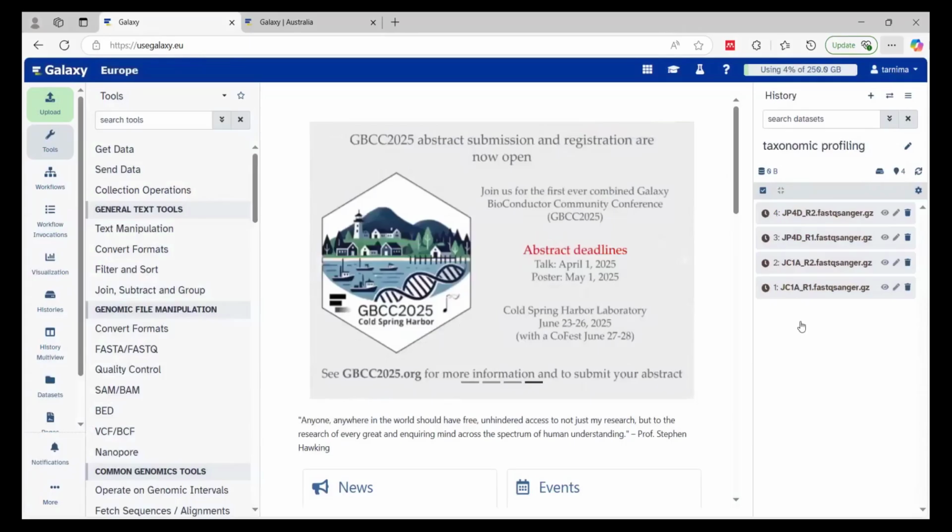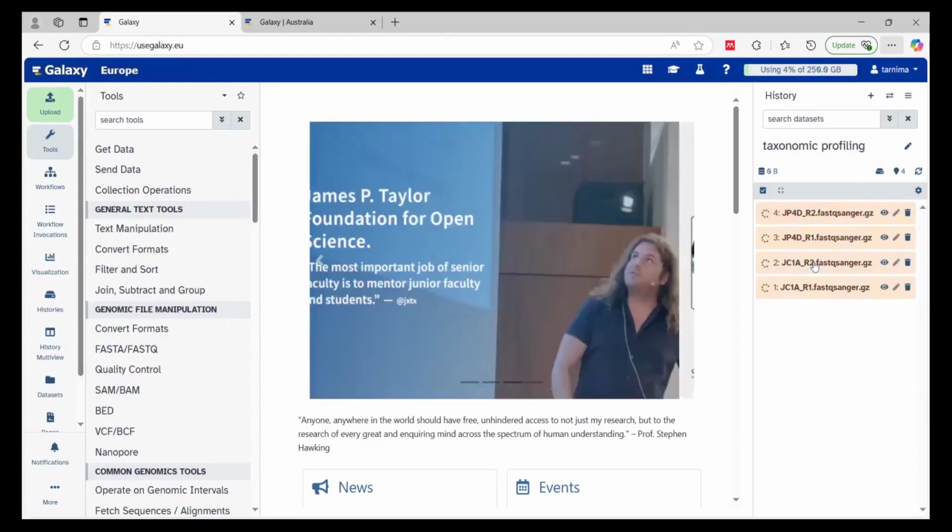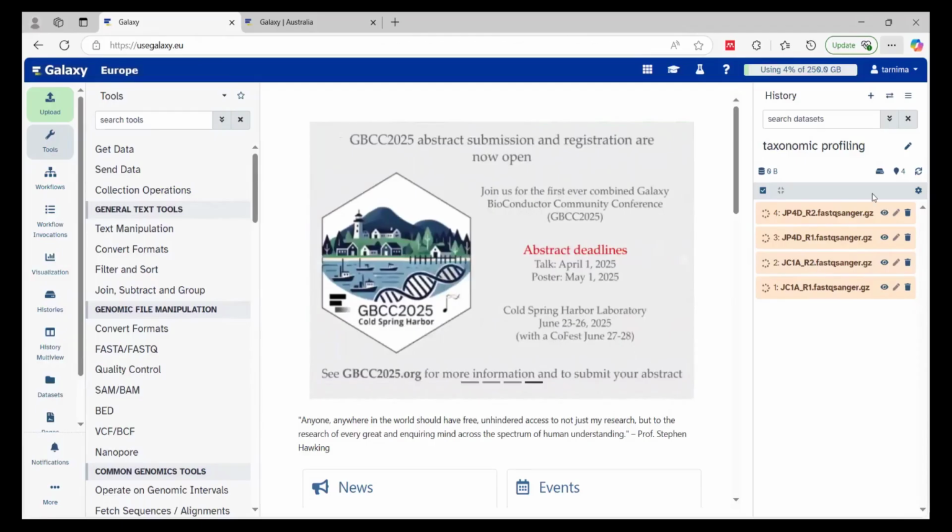As we know, we have two samples, JC1A and JB4D. Each sample has R1 and R2. R1 refers to the forward read of the sample. R2 is the reverse read of the sample. We will just move to